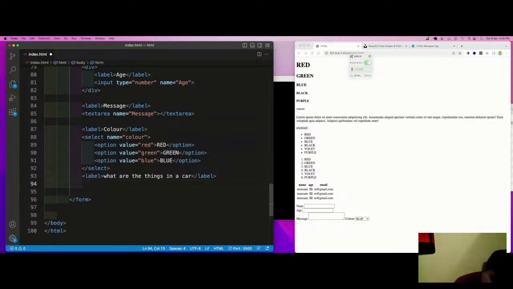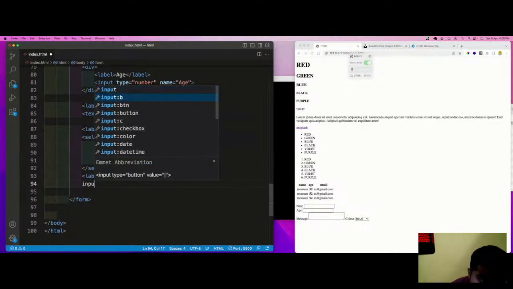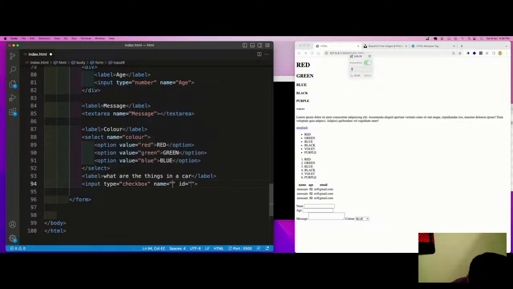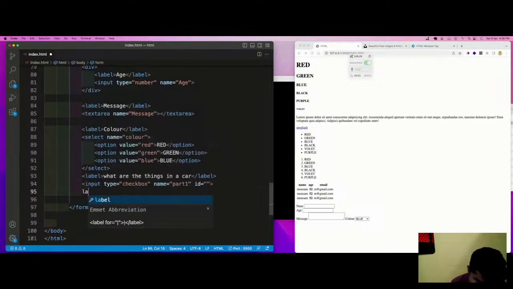So what are the things in a car? We have the input type checkbox, and the name we have is part one. Again, we need to have a label for the first thing. Let us say doors.